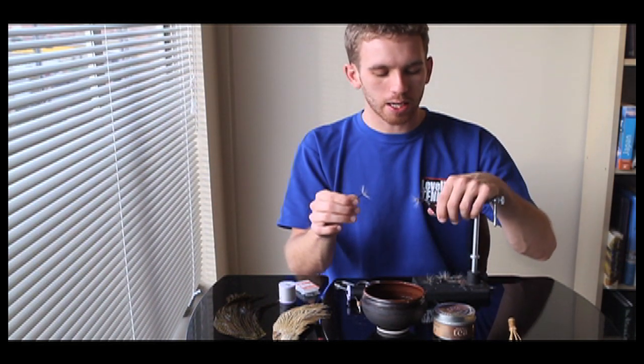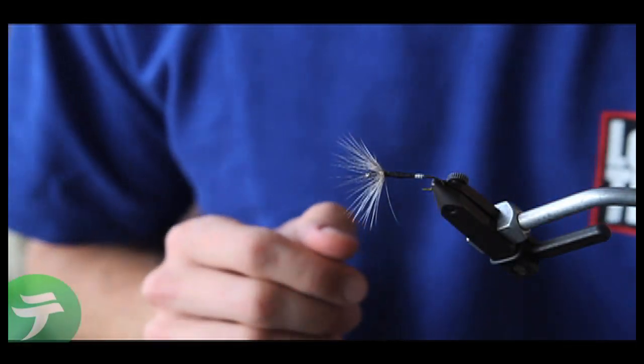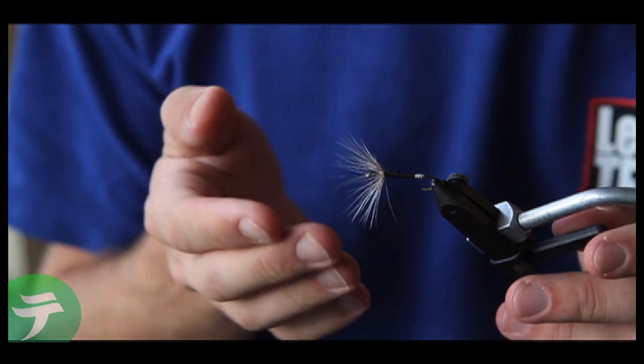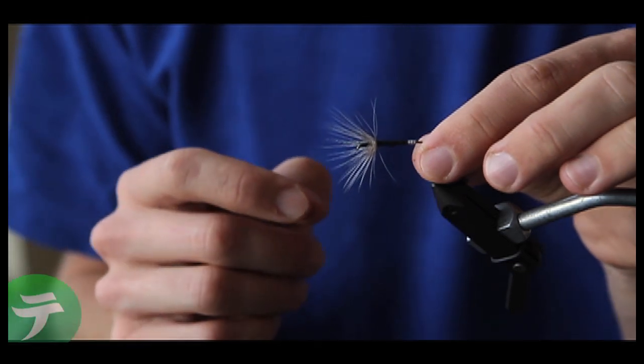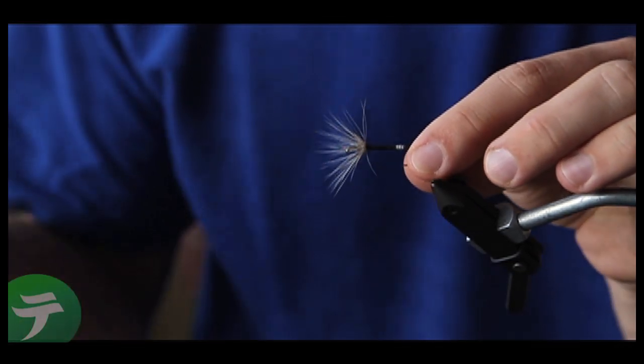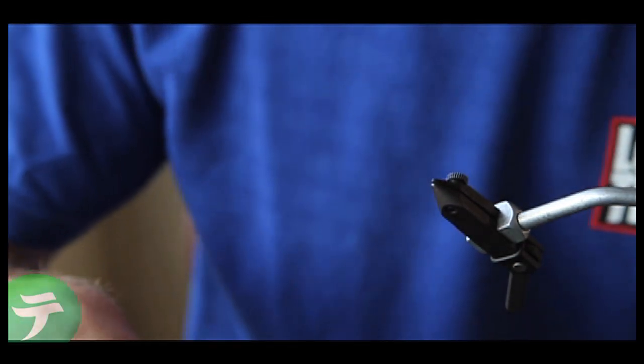Simple thread body, and that'll be it. So I'll show you now how to tie this fly. This is the fly that I'm going to be tying today, showing you really quickly how to tie. Very simple Tenkara fly. In this case I'm using a size 8 hook. I like this particularly when the water is a little bit higher, or the bugs are a little bit bigger in the water. So starting with a bare hook,